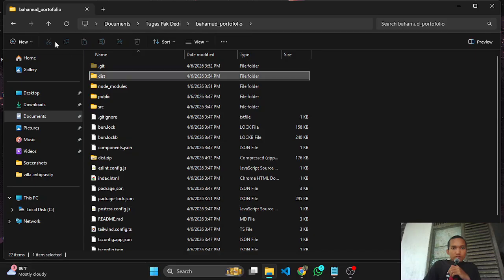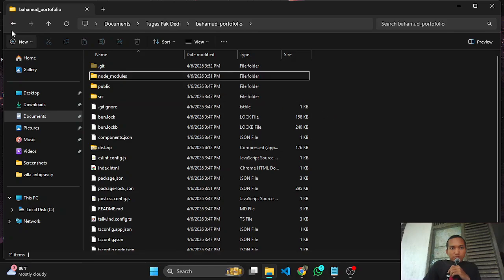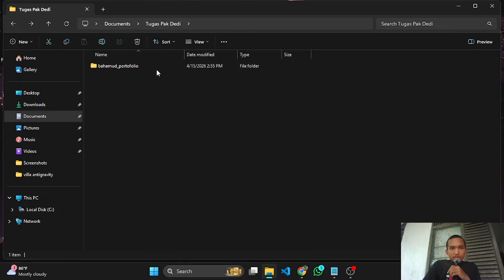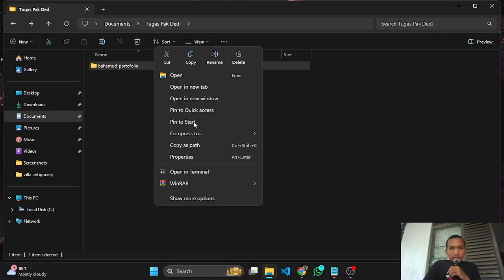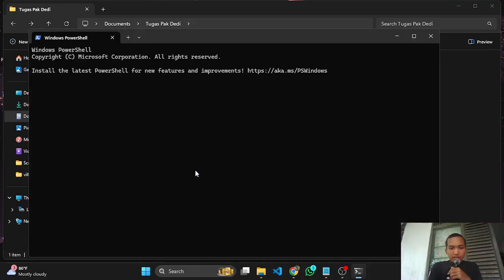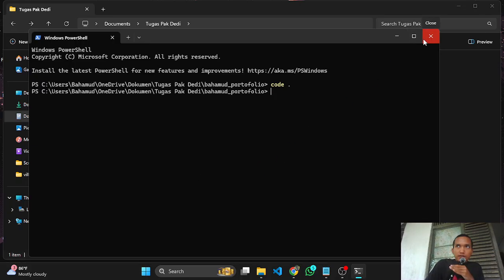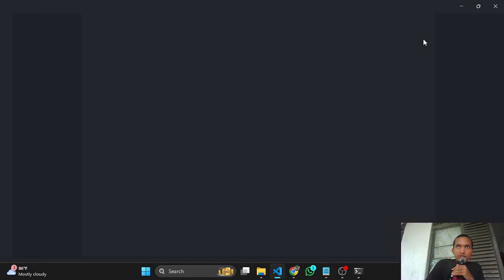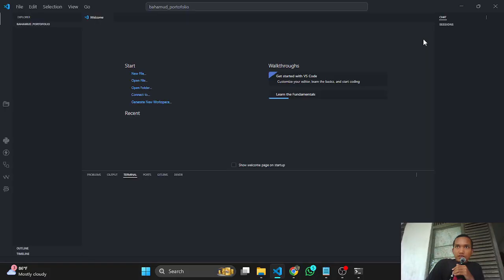The first thing is you must open your website project like usual. In the terminal, just type code space dot to open Visual Studio Code, or basically your code editor.